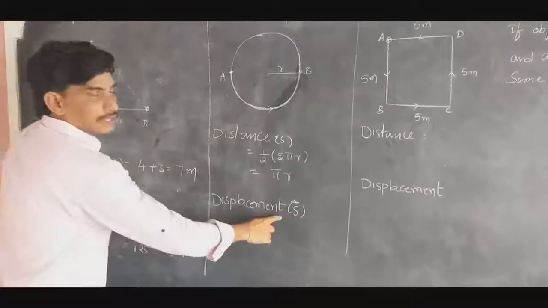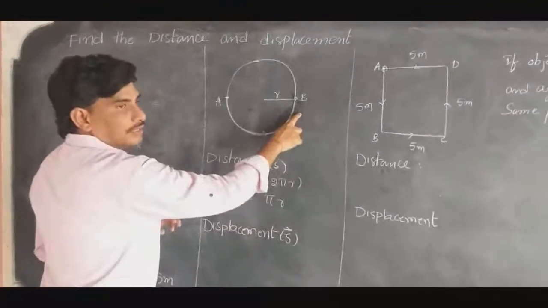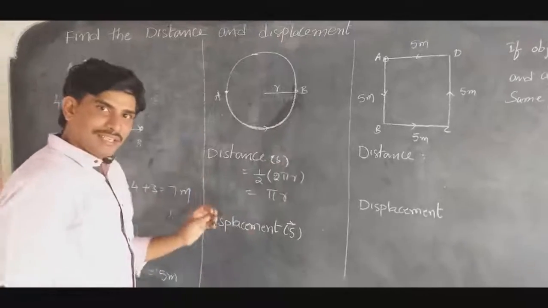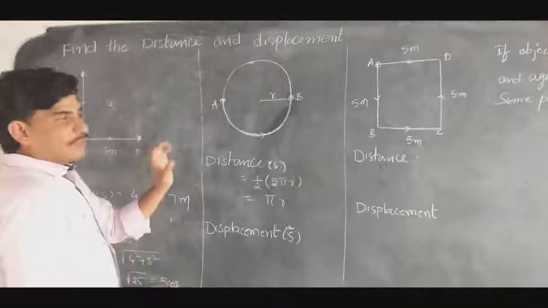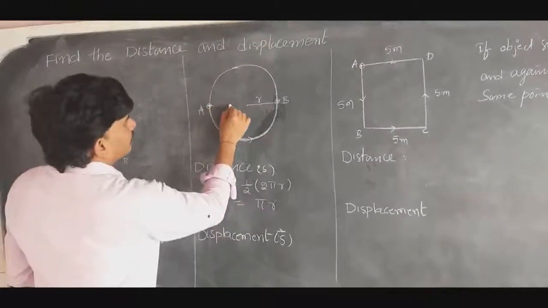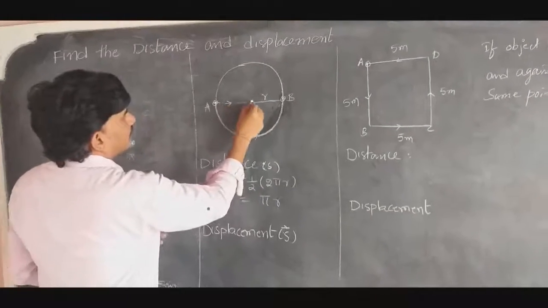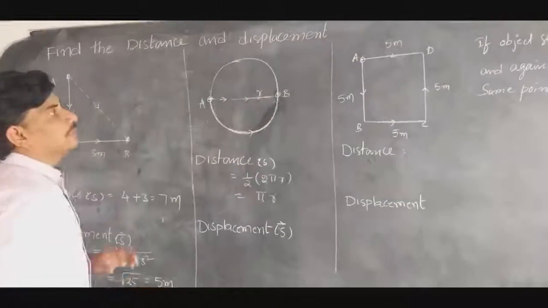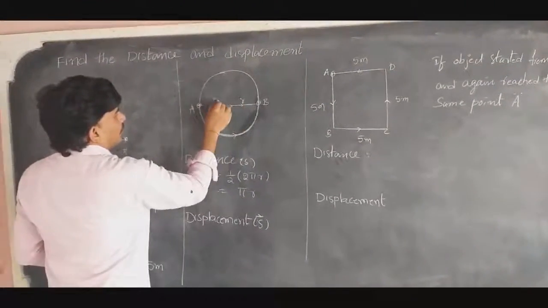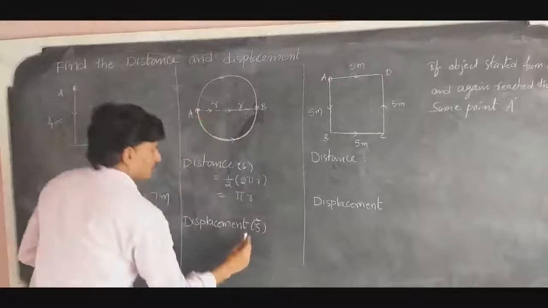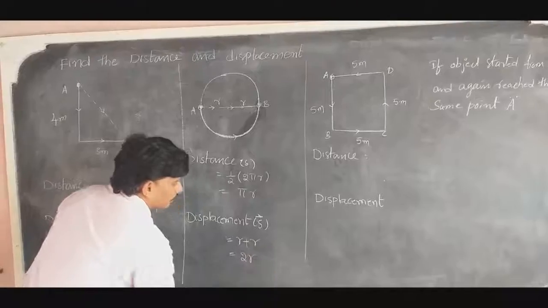And what is concerned here? Displacement. Displacement means even though the object followed this direction, we need to see only the initial and final position. So this is the initial position and this is the final position. Then what is the shortest path? Yes, this is the shortest path. Here the object has a particular direction only. And what is shortest means? This is obviously 2 times the r. So that's why here displacement is r plus r, that is 2r.